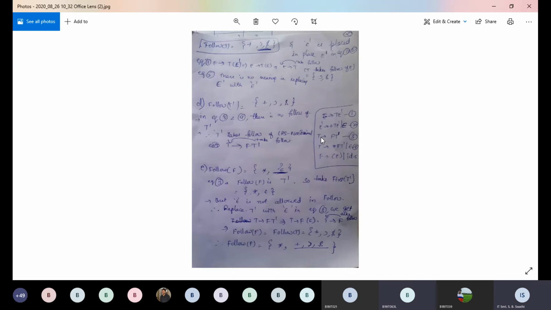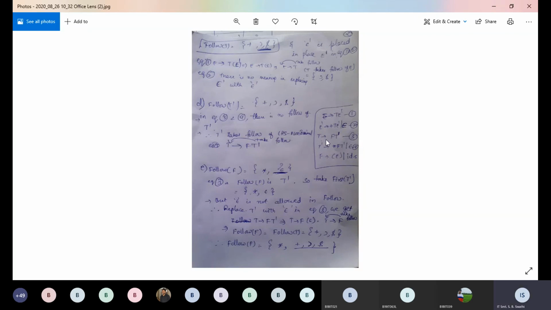Yes, ma'am. Okay. Now similarly, the next one, T dash, is also there. Again you have to search the right side. Where is T dash? It is present in equation 3 and equation 4. If you consider equations 4 and 3, after T dash there is no element. So what does it have to do? If there is no element, it will take the help of its parent node. So here T dash will ask its parent T to give its follow elements.